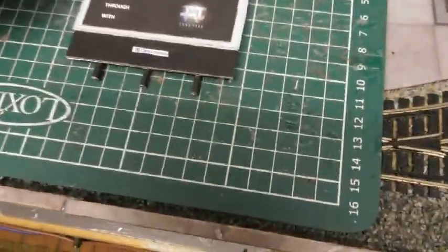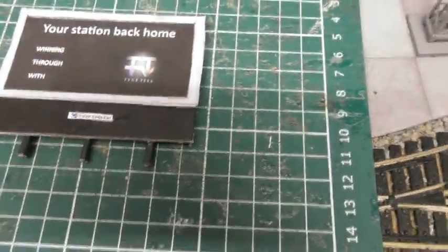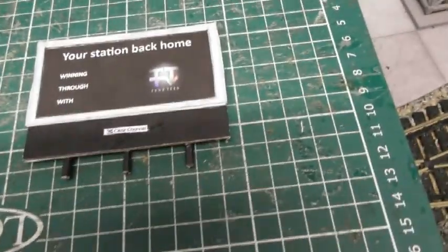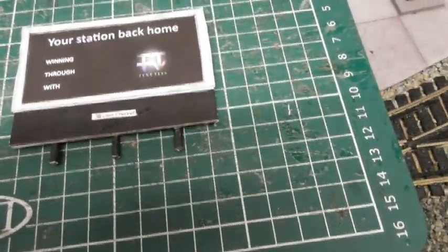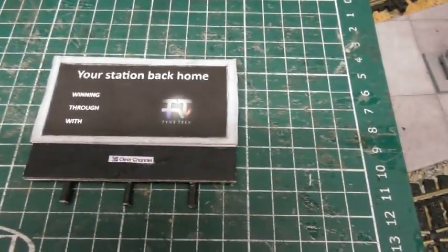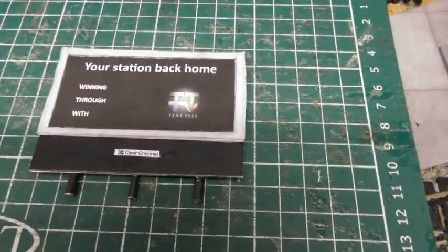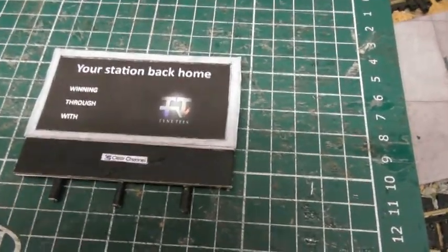There we have it. I've also included Clear Channel there as the agency company. There's also JC Decaux supplied, but you could put your own ones on, like say CBS Outdoor or Maiden Outdoor. There's all sorts of companies